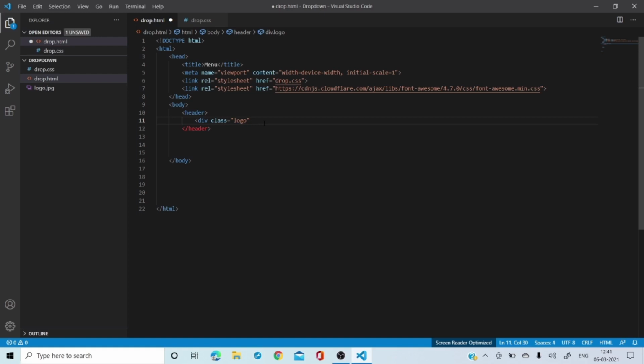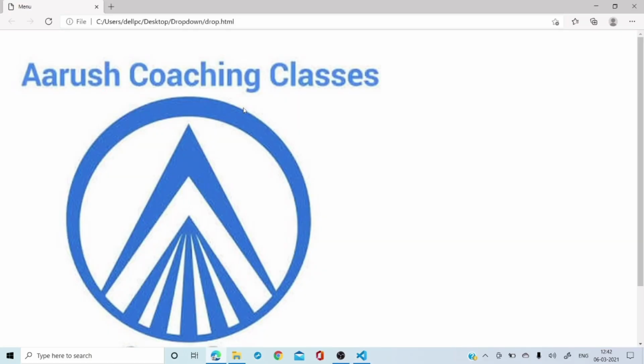All right, plus what I need in this is the image src, and I can put here logo.jpg. So this is my logo which I have taken over here, and this is how it finishes right here. So I'm going to press Ctrl S, and yes, the logo is right here.